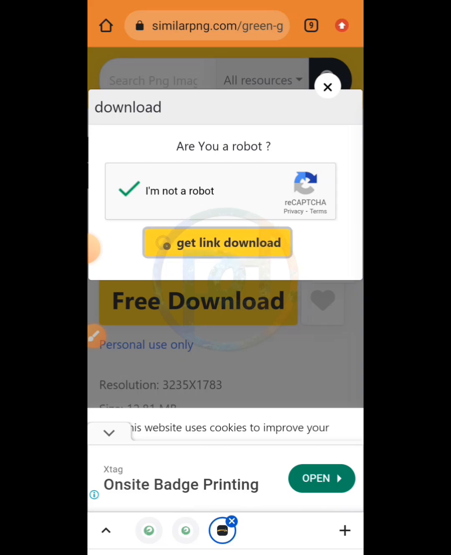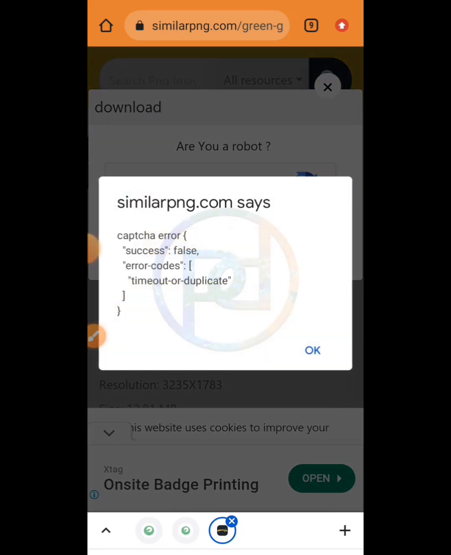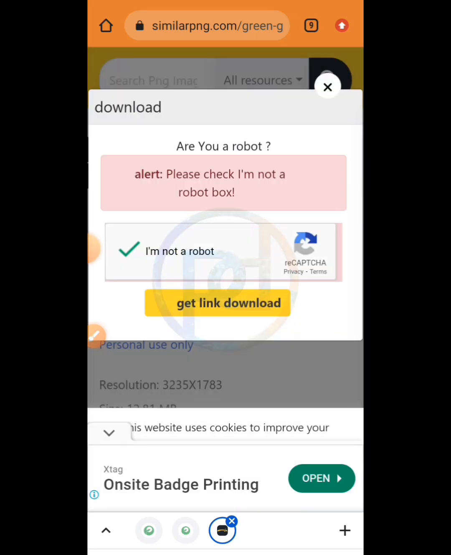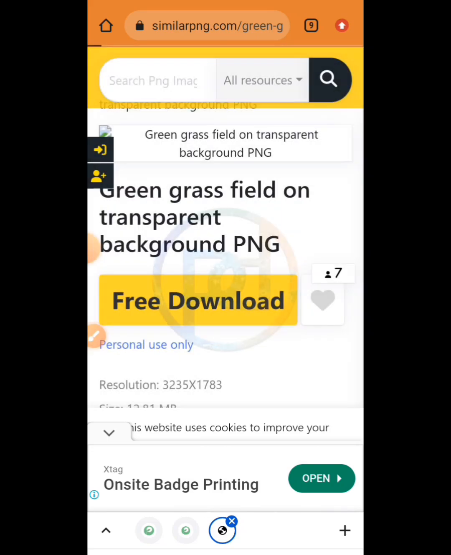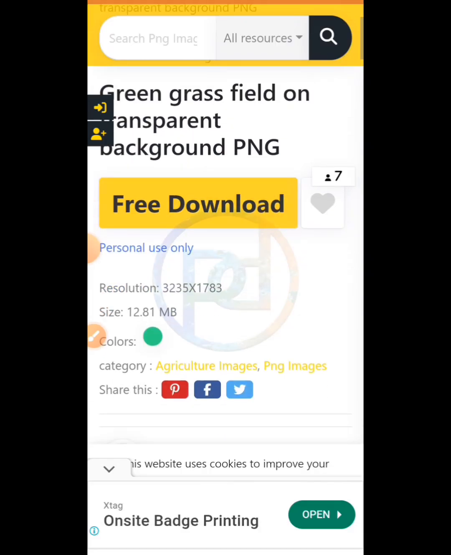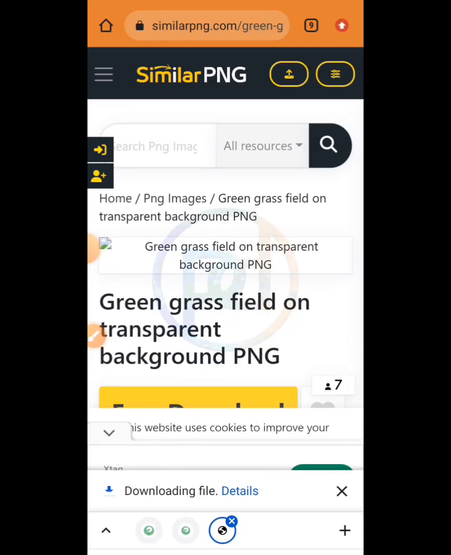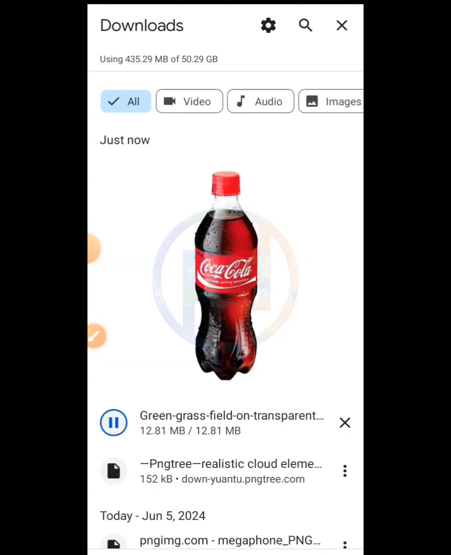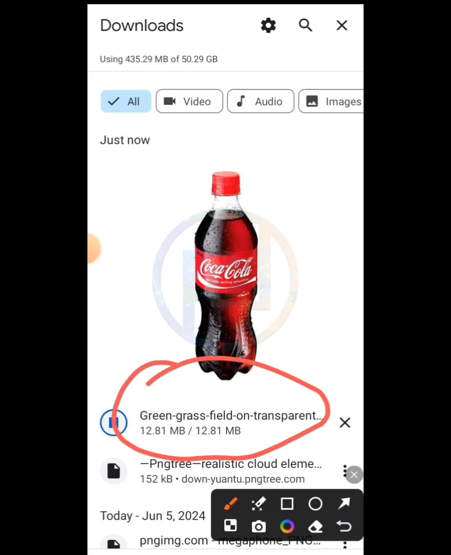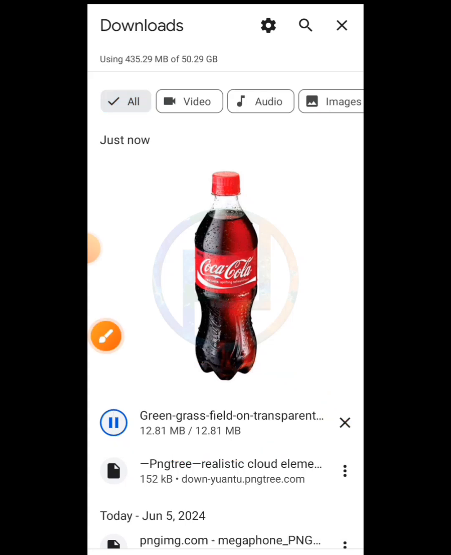Get download link. At the base here I click this yellow part, so it will load for a while. Click OK. So you should be able to get the download in seconds. So it's already downloading. Let's see the details. Okay, this is it already here, and it has been saved to our phone. So once you save it to your phone like that,